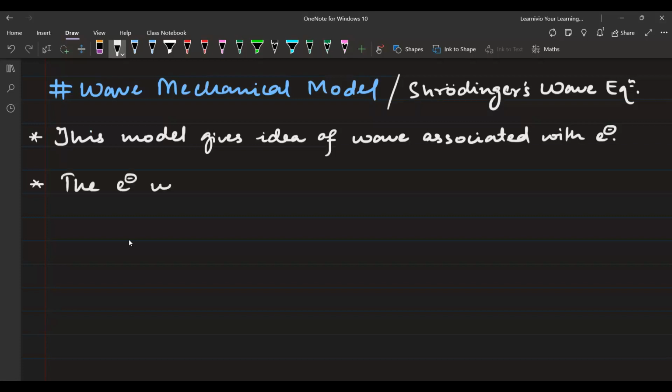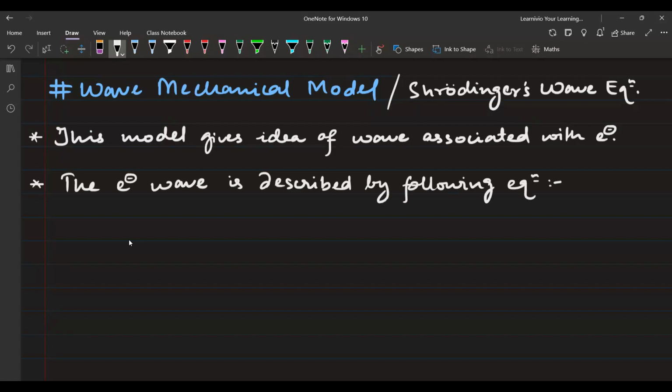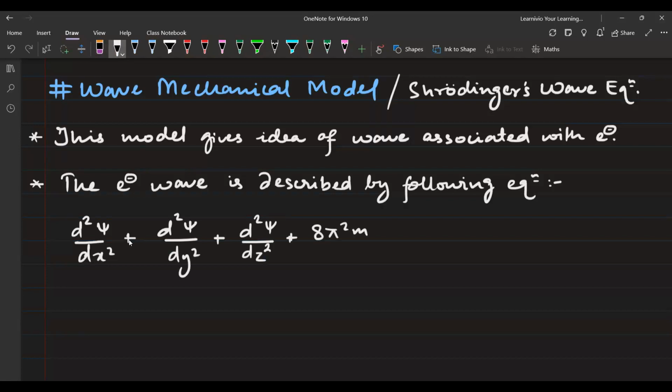The electron wave is described by following equation। द इक्वेशन है, इसको याद रखने की जरूरत नहीं है, बट लेकिन कुछ कंपोनेंट्स हैं यहाँ पे हम बता देते हैं आपको। d square psi upon dx square plus d square psi upon dy square plus d square psi upon dz square plus 8 pi square m into E minus V psi is equal to 0. नाउ यहाँ पे हर एक चीज क्या क्या बता रहे हैं आपको।